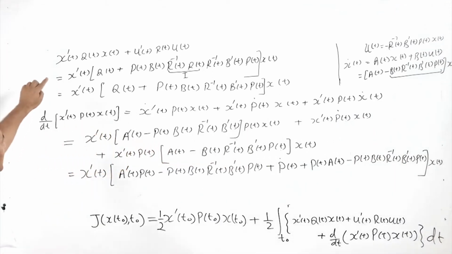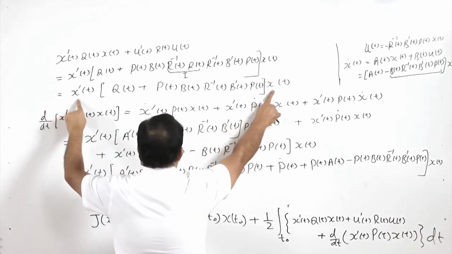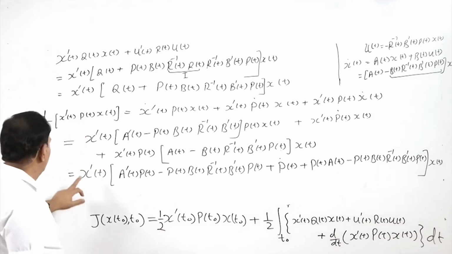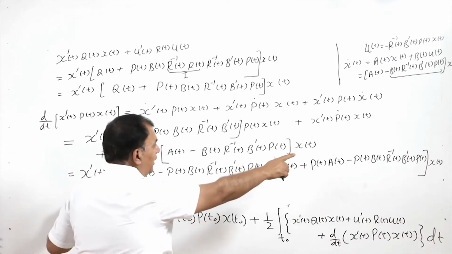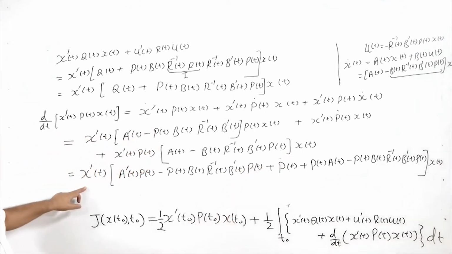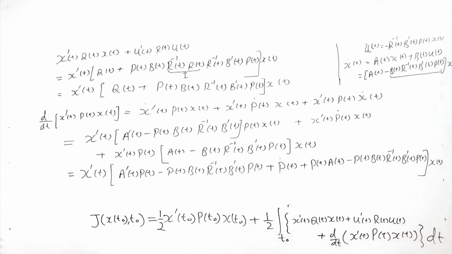So if I see, my first two terms are in terms of x transpose x, and the d by dt term I am also writing in terms of x transpose x. So to get the integral second term,